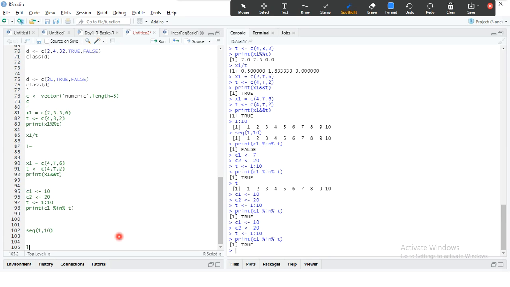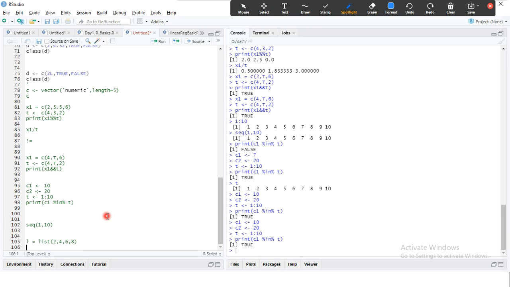Same as Python, L is equal to list, but here you need to use the list function: 2, 4, 6, 8. In Scala also it is the same thing, since Spark is written in the Scala language.